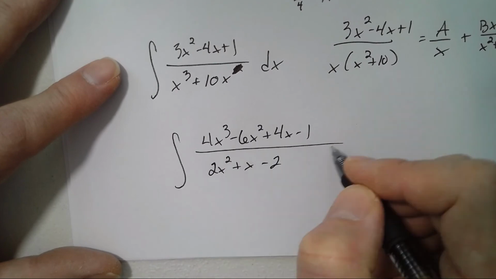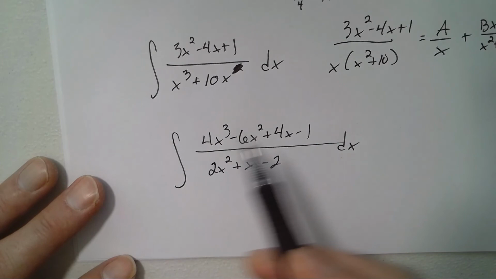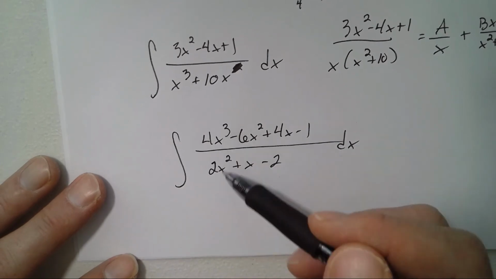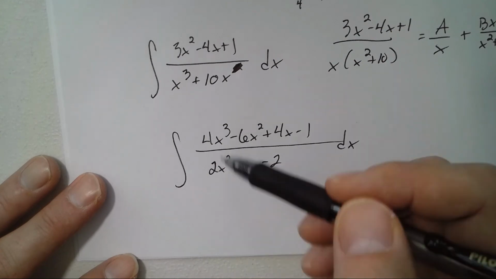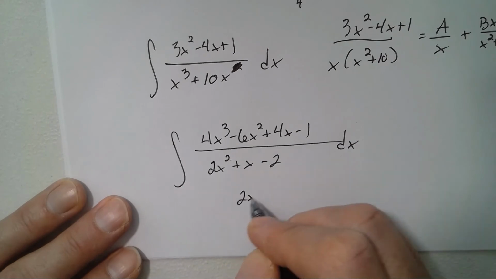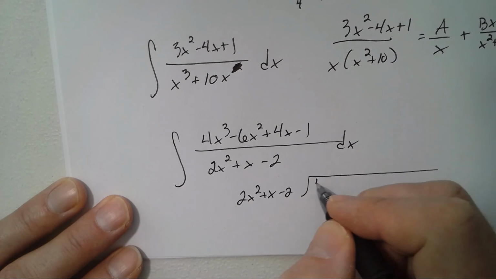The first thing you have to do is divide the bottom into the top. Even if they're the same degree, you have to divide. So in this case, we can't even use synthetic division. You'd have to use polynomial division to start with